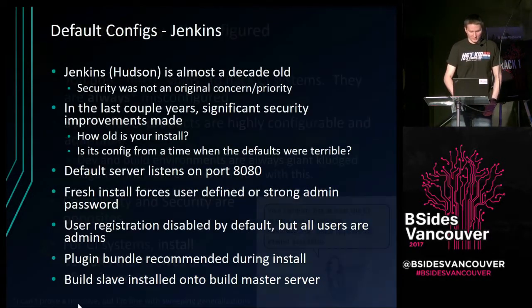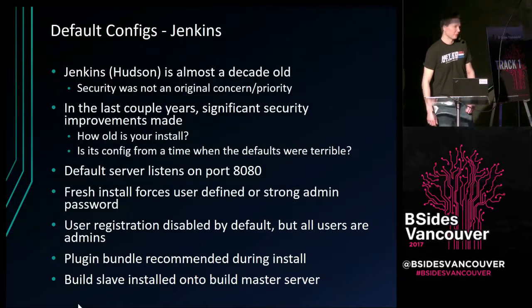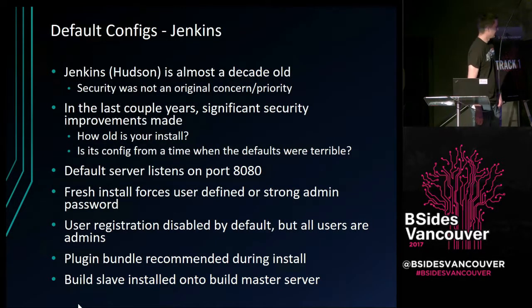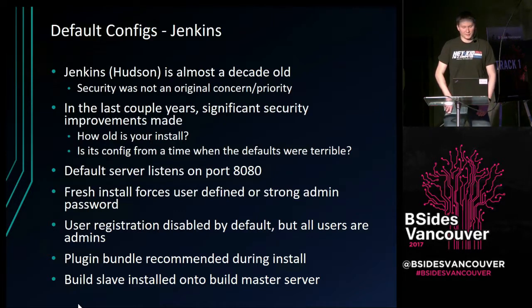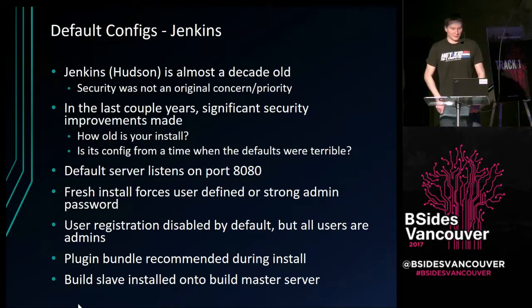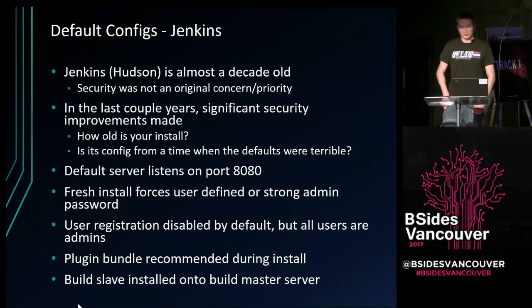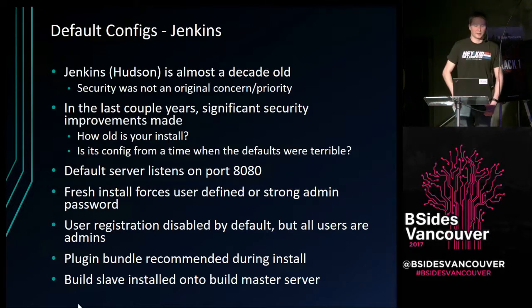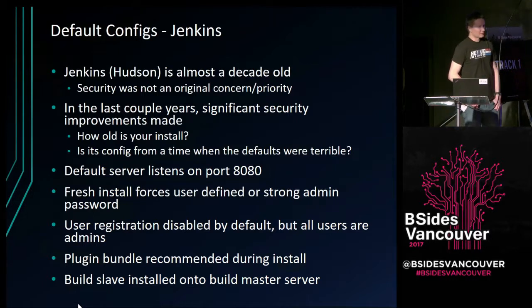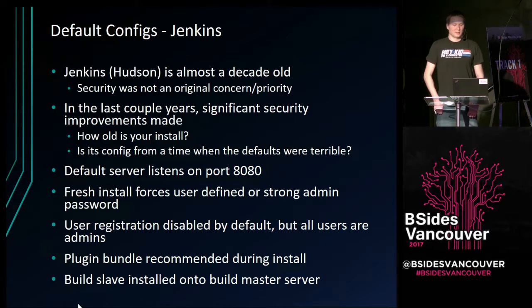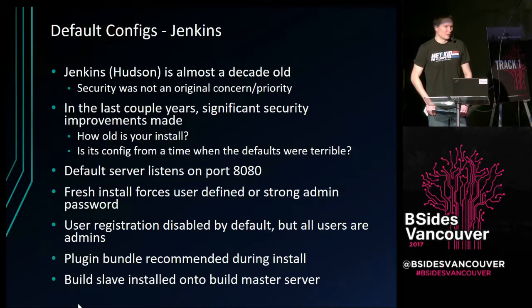Okay, so default configurations is what I'll go through first. So I installed each of these CI systems just a couple weeks ago, fresh install, and took a look at how it gives you its configuration. So Jenkins, which previously was Hudson, is almost a decade old. It's actually a tool that's been around for a really long time. And when it first started out, it wasn't designed to have really any security functionality. The design for it was you have a trusted network somewhere, ideally that's not even connected to the internet. You do your source code check-ins and your builds on this network, and if a developer can get to the network, then they're assumed trusted.